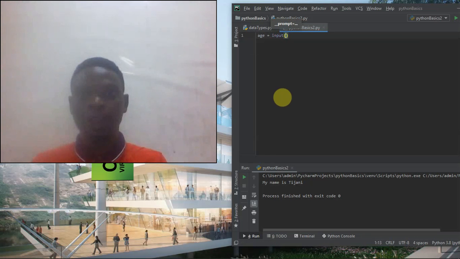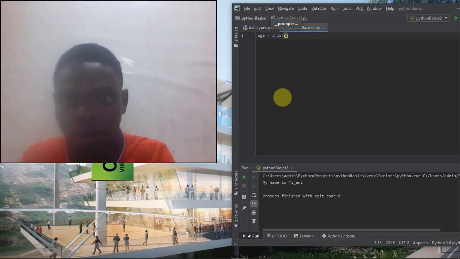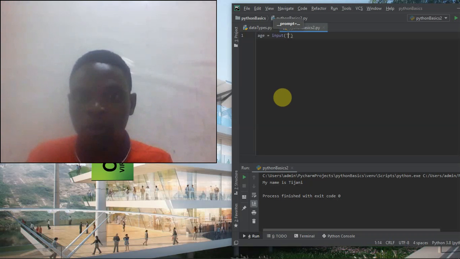Let's do the wrong thing first so that you understand, then when we are applying the validation, you will understand the concept very well. We are going to do the wrong thing because age is supposed to be a number, but we are not going to validate it for now. So let's just leave it. Age is equal to input, then we bring our double quotation and say,